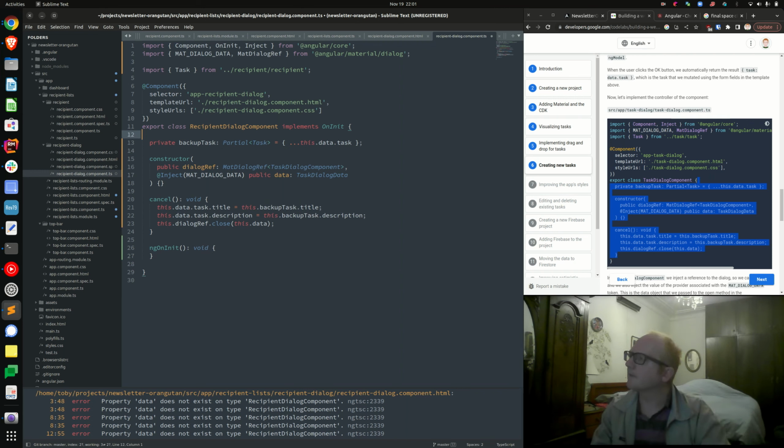Okay. Partial backup task is a partial recipient. Interesting. Backup, let's call it backup recipient. Okay, then we have